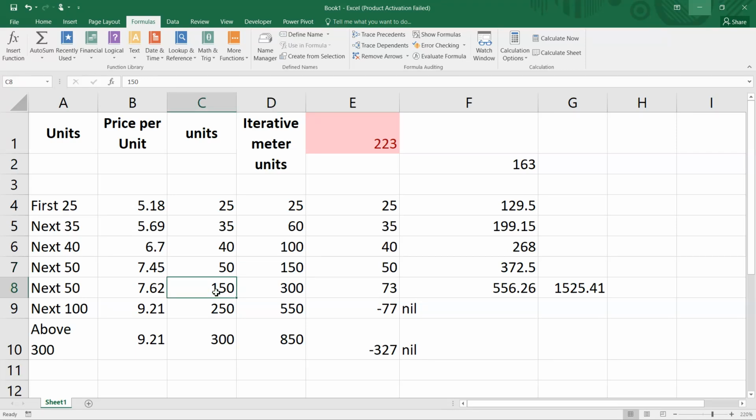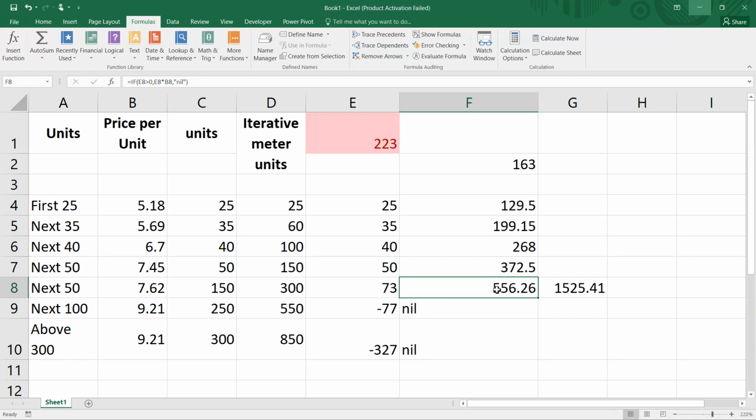So he doesn't need to move on to the next slab, 250. So he will be paying the bill for this 73 units, which is 73 multiplied by 7.62, which is 556.26. So I know this is pretty